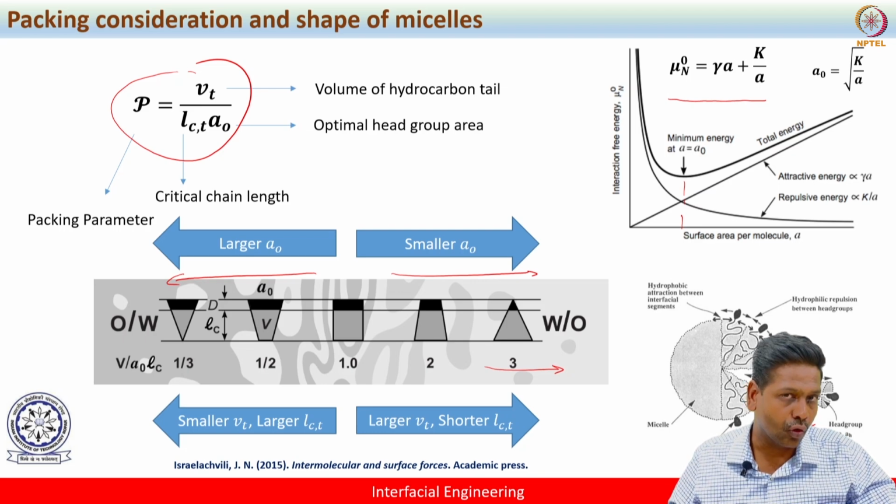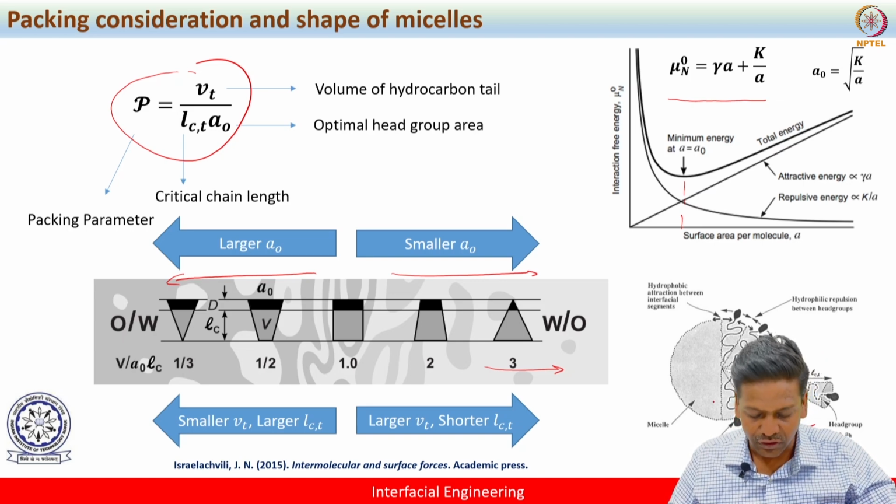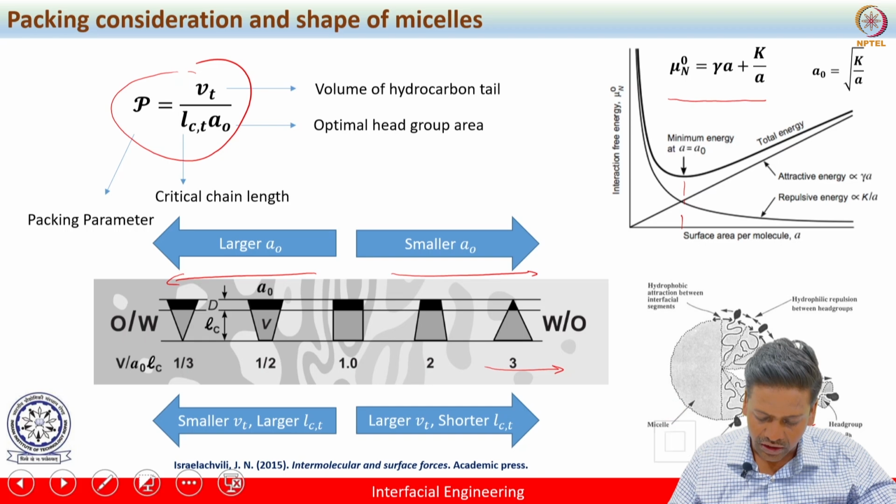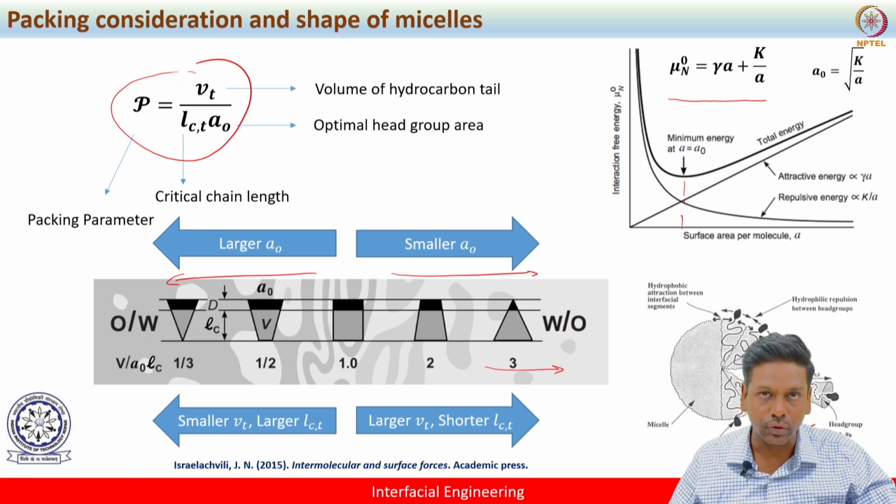If they assume a cone-like shape fundamentally, then they will assume spherical shape when they form micelles. When they assume a truncated cone-like shape, or when they assume cylindrical shape fundamentally, then they will assume cylindrical micelles. So in this way, one would get micelles with different shapes. If you want to get more insight into these topics, one can refer to the book authored by Israelachvili, on intermolecular and surface forces.